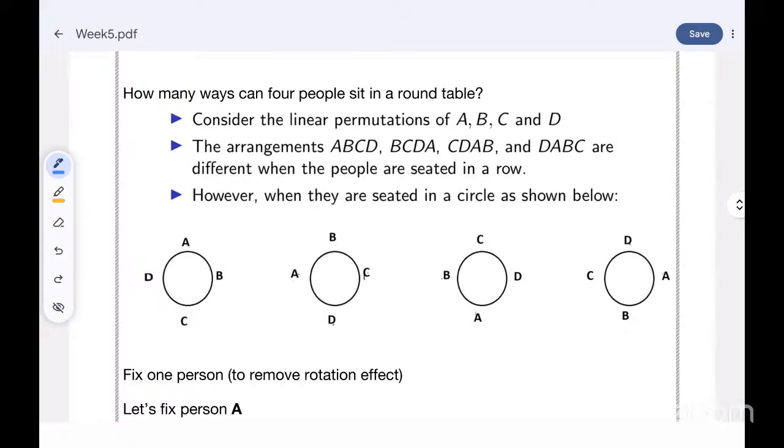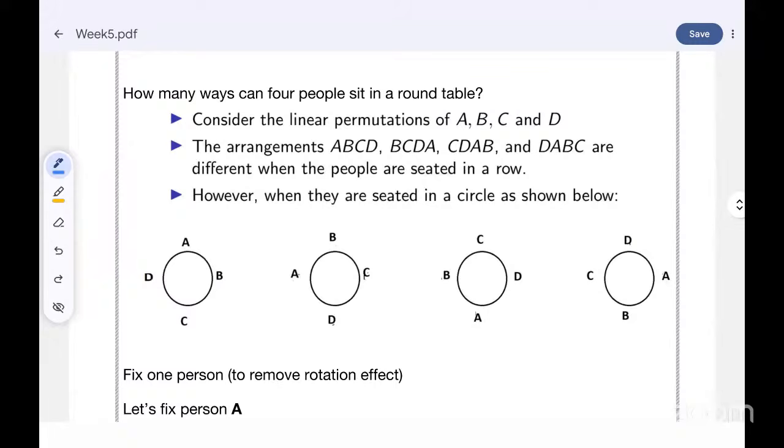Fourth is D, A, B, C. But now look at the circle every time. So this is just rotated towards this side. So this table is just this. Just the positions are the same. A and B are neighboring. B and C are neighboring. C and D are neighboring. Right? So you see that